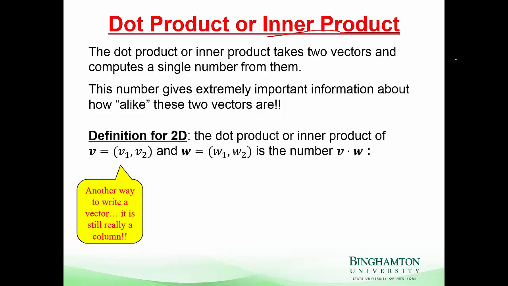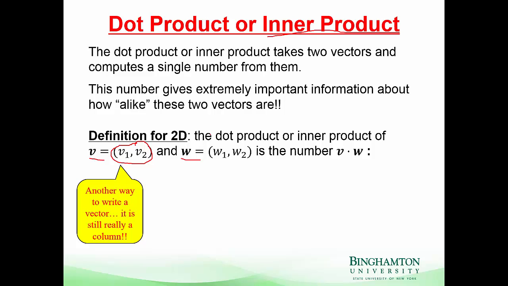We'll define this first for 2D vectors and then extend it into higher dimensions. So suppose we've got a vector v and a vector w, and I'm just pointing out that this is not saying that this is a row vector. This is just a convenient way to write a column vector without having to write it vertically. Notice we're not using the square brackets, and we put a comma between them. So we've got